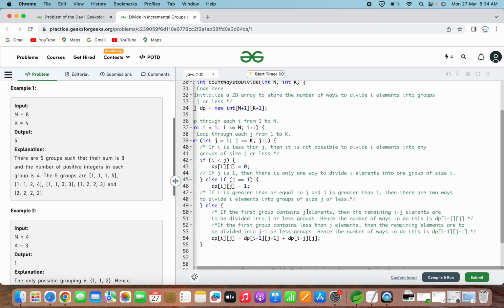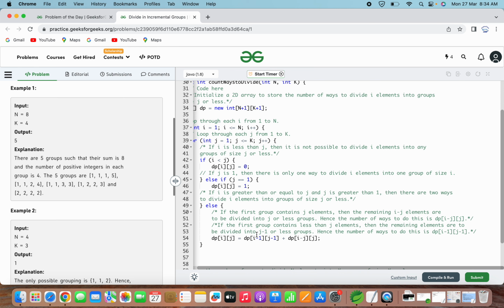If the first group size is 4 only, but here the number of elements is 8, so the remaining i minus j, that means 8 minus 4, the remaining 4 elements are to be divided into 4 or fewer groups. So the number of ways is dp of i minus j and j, that means dp of 8 minus 4 and 4, that is dp of 4 and 4. I hope this is clear.